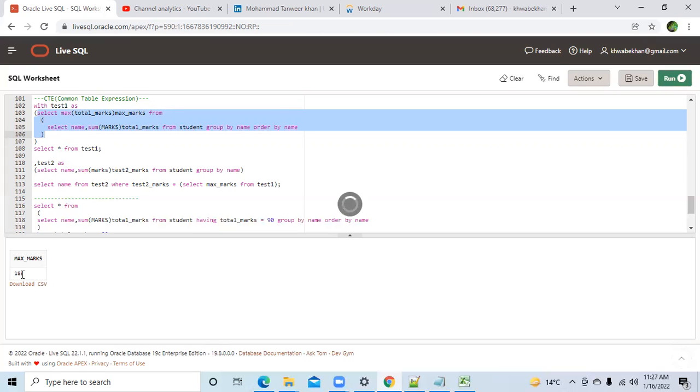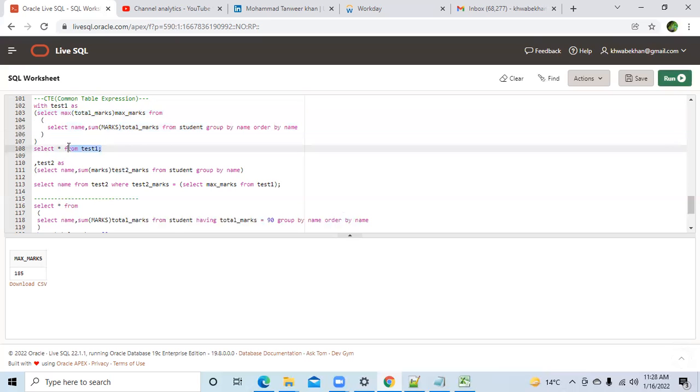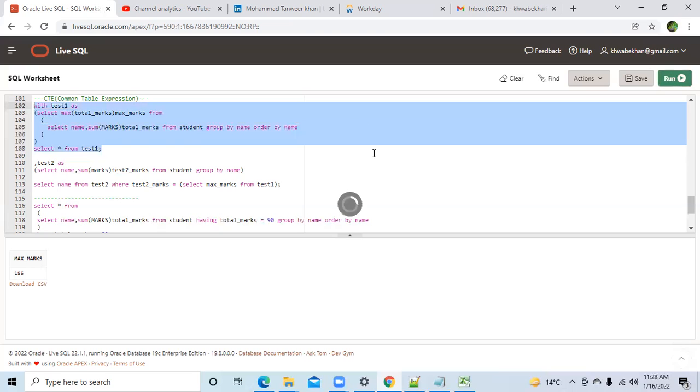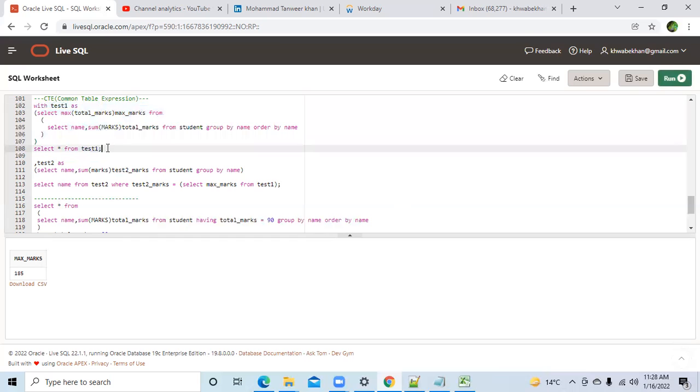See, this output 185, I have told SQL that this is a bucket, please use this bucket. With this bucket, read it like this. With test one, consider this as a bucket and keep the output of this in this bucket. I am proving to you that in this bucket that output is there. That's why I've written select star from test one. I am trying to prove to you that the 185 that was coming from that output is present in this bucket, and you can see whether 185 is present or not. Till here understood?